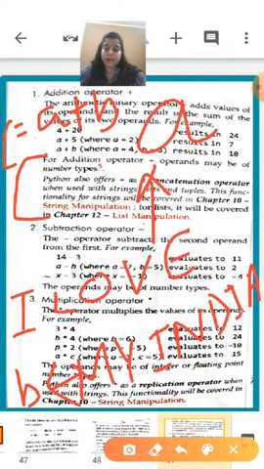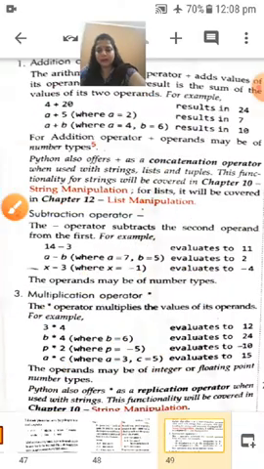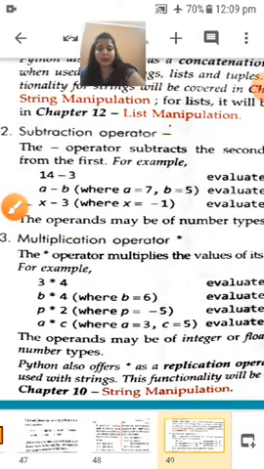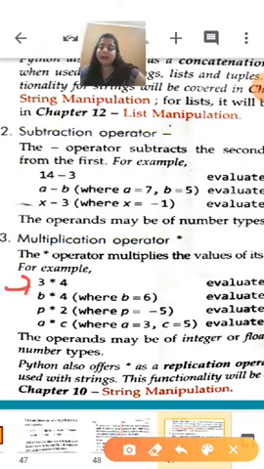So the addition operator, when you are dealing with strings, gives you concatenation, and when you are applying it on integers, you get the perfect solution: a is 2, b is 4, you will get 6. Getting my point? Now multiplication is also very much the same as we do in maths. 3 multiplied by 4, you will definitely get 12. Now b multiplied by 4, b value is 6, 6 into 4 is 24, you will get 24. Now p into 2, p is minus 5, minus 5 into 2 gives you minus 10. So these are the basic multiplications which we are performing here.